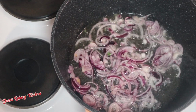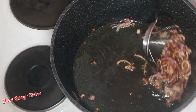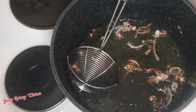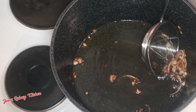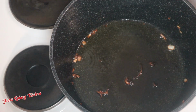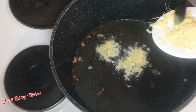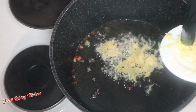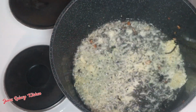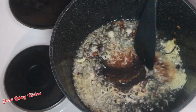Okay. So you can see that onions is ready. Okay. That's my shallots, onions. I have to put my ginger and garlic. I have to fry it, and I add my nutmeg. Okay. Yes,